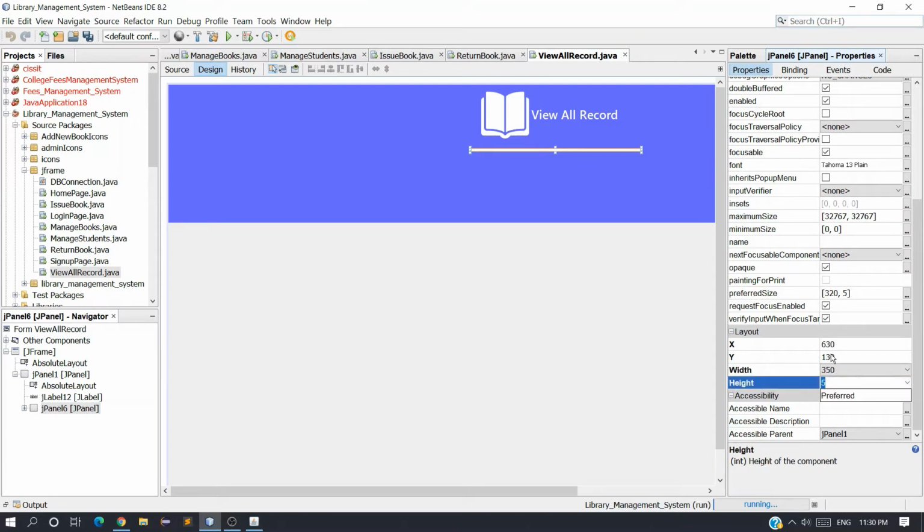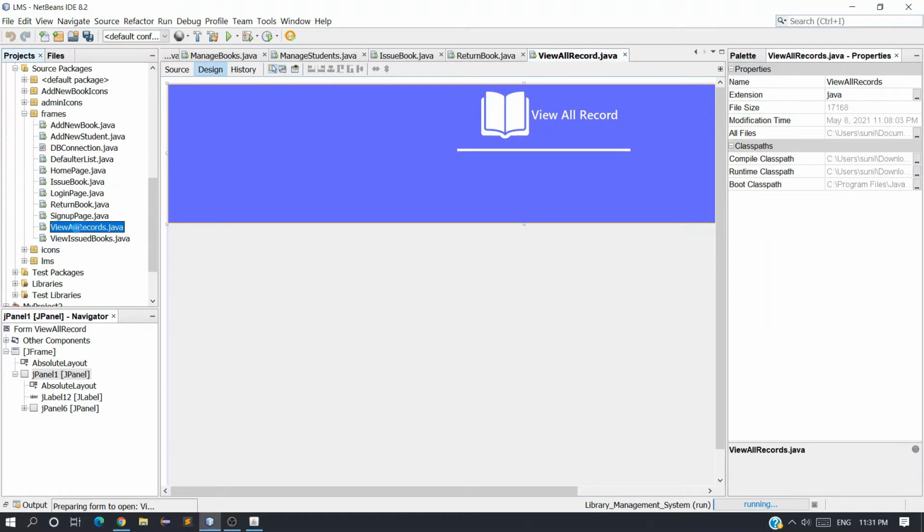Okay, and from x-axis I want it to be 610, and a little bit more, let me make it 600, and width I want to increase a little bit more, 360. Done. Now let me just check whether it is the same or not. So view all record.